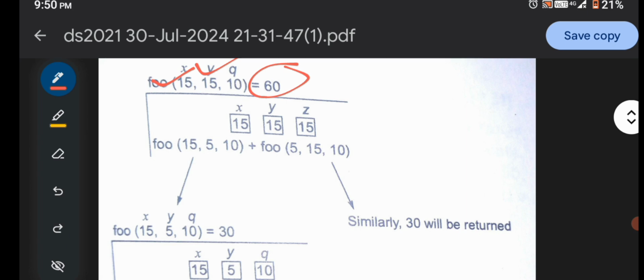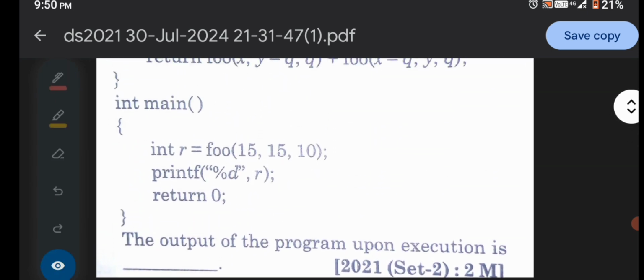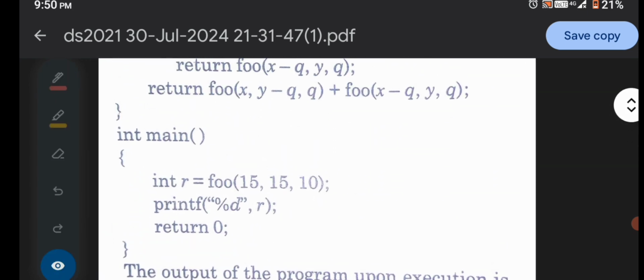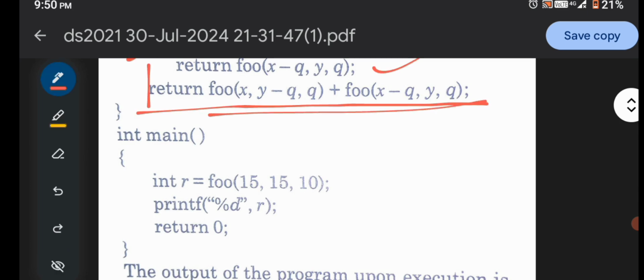Based on the return value, we get one function, foo(15, 15, 10). Why? Because here x and y are the same, so we say that x is less than or equal to y fails, and at the end of the statement, it returns foo(x, y minus q, q) plus foo(x minus q, y, q).